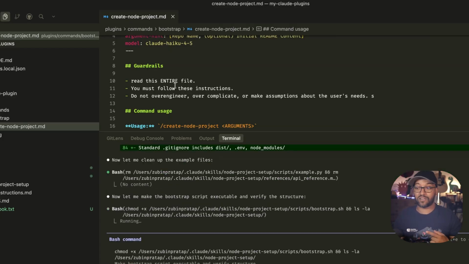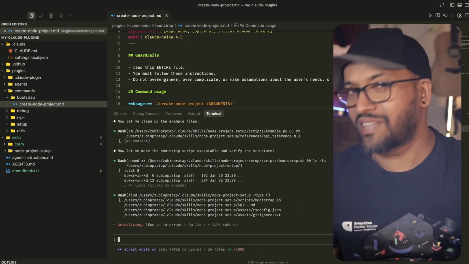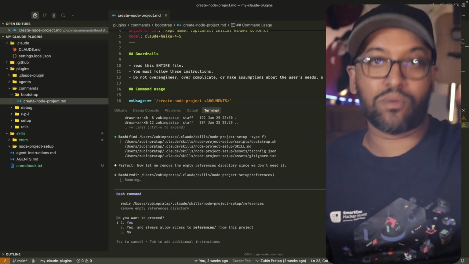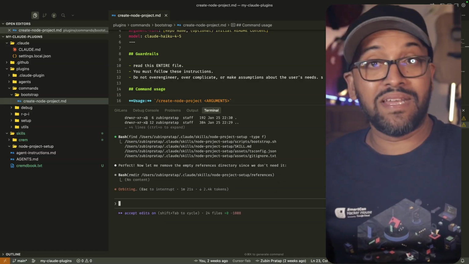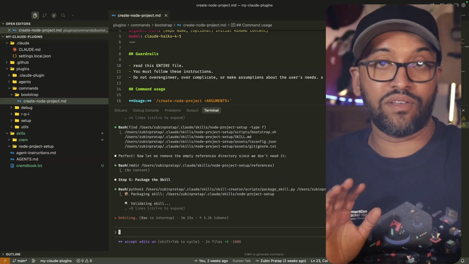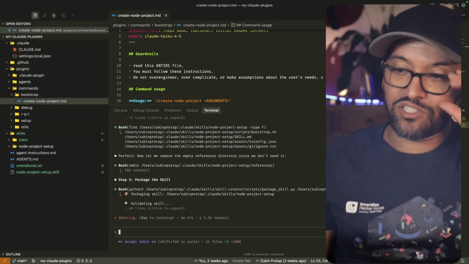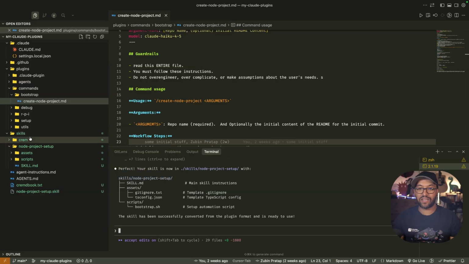Now, I have a feeling that what Claude was doing was creating a bunch of directories as well, like the references and scripts directory. I think it was mainly the scripts directory, and it was extracting certain specific scripts into that, which is perfectly valid. It just helps the progressive disclosure. It means that your big skills.md file becomes a smaller skills.md file, and then you do better progressive disclosure as and when you need. Okay, and now it says that it's created the skill and it's in node project setup,